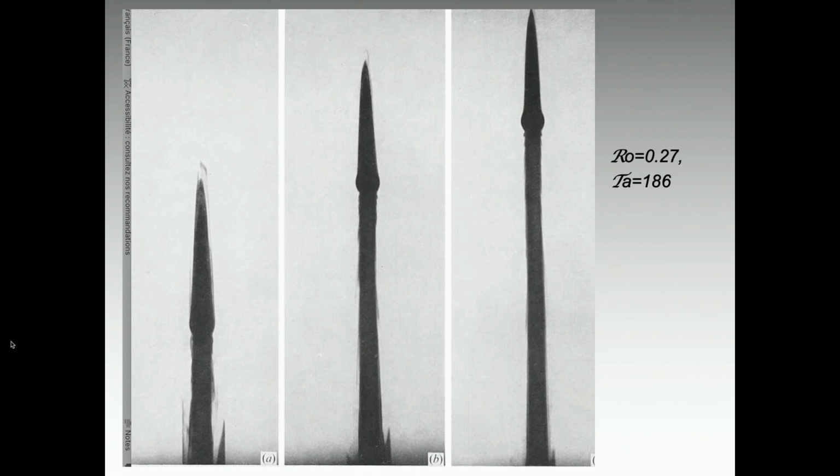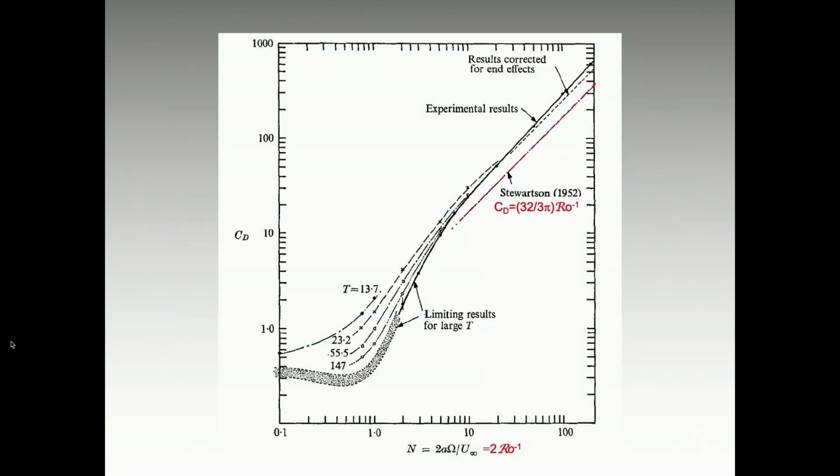You see? So this is directly a manifestation of the Taylor-Proudman theorem, although the Rossby number is not 0 in that case, but it's already small. Okay, but this is the major result Tony obtained in this experiment. So what you see here is the drag coefficient plotted versus the inverse of the Rossby number. And you see that on the right half of the graph, there is a very nice,